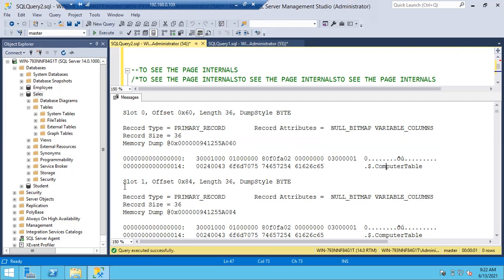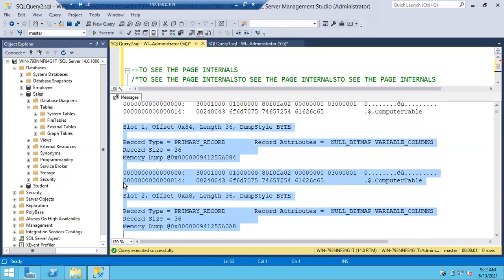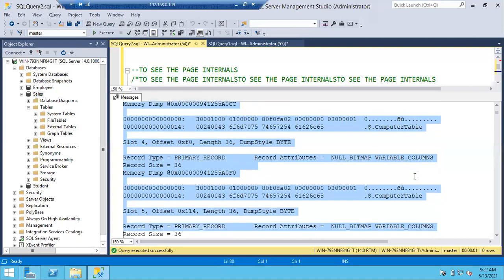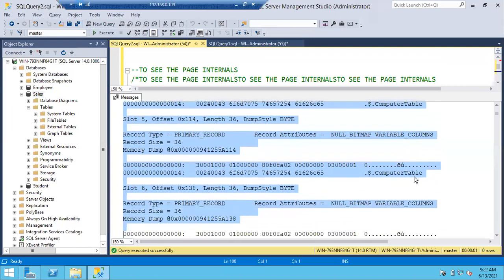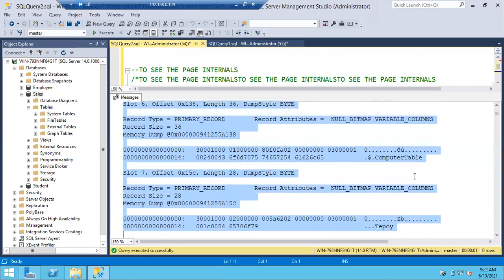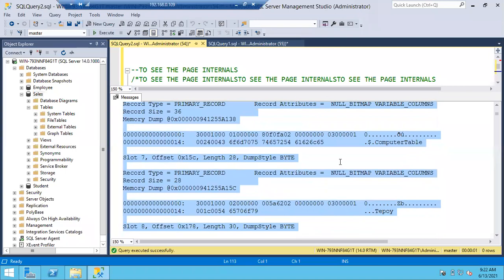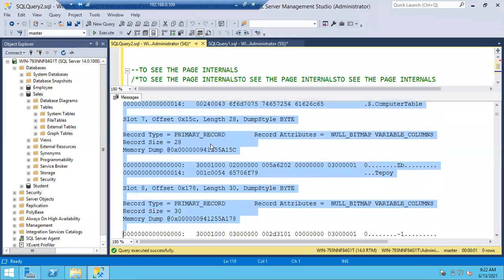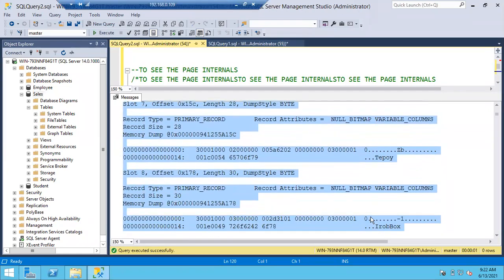Slot 1 computer table, slot 2 computer table. You can see it here at the end of the value. Now you can see TPOI. The next record is iron box, and if you go down, you can see the next record as iron box.